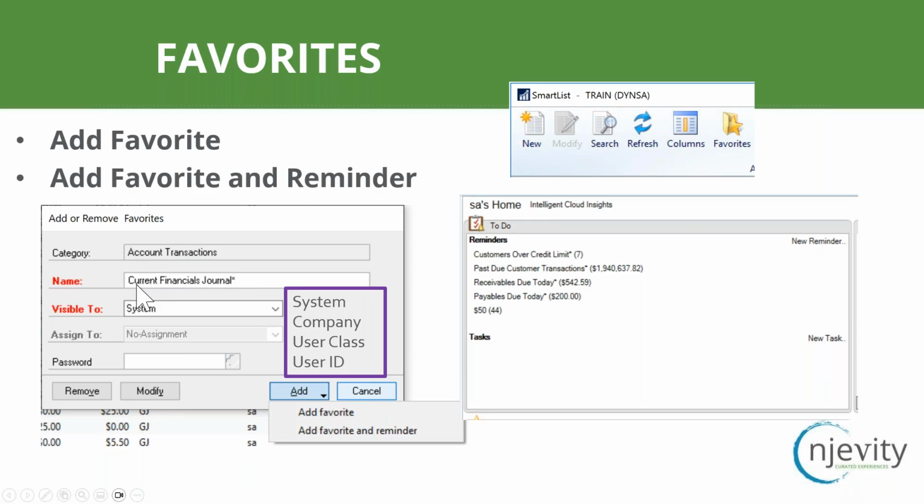So in this case, I did it with the current financials. There's that asterisk there. This is where I would take that asterisk off to make one of my own that's not a native object. So I would name this current financial journal and maybe even add an S and take off the asterisk. As I'm setting these favorites, I have a choice as to whether they are visible to the